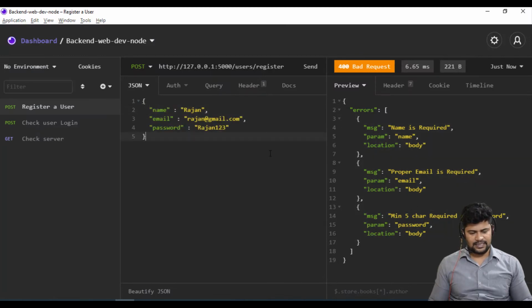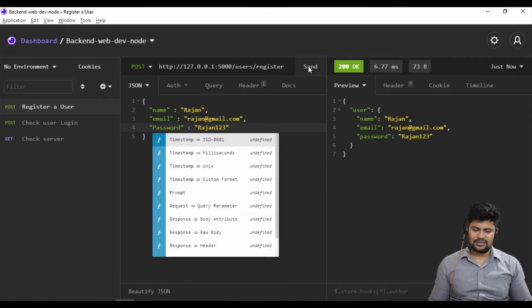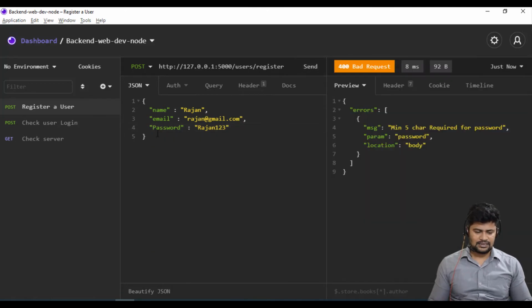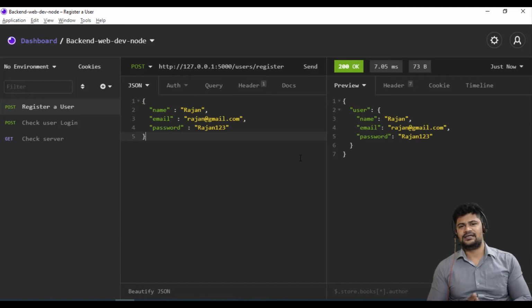If you provide that, happily it will work. And by mistake if you provide a capital P or something, it won't work. Correct. So this is a complete form validation at the backend.